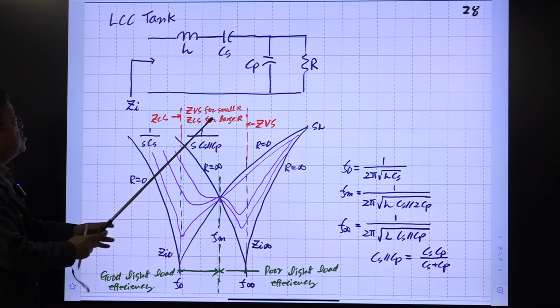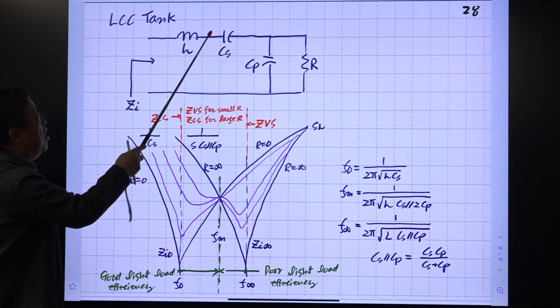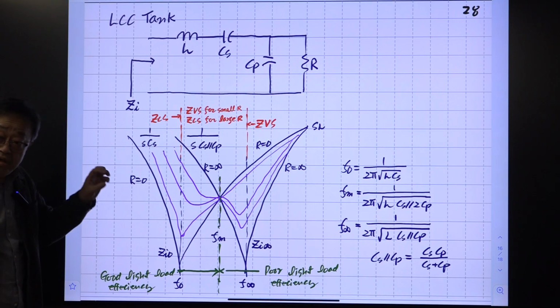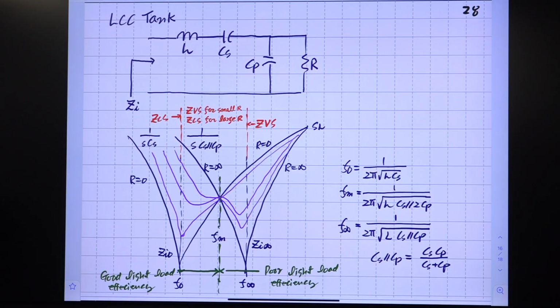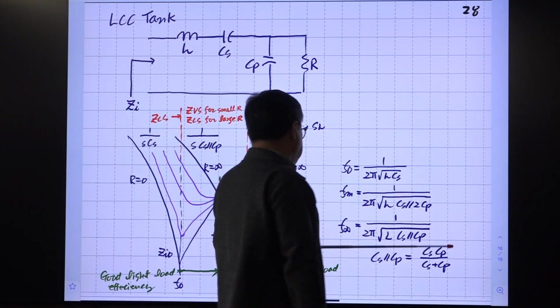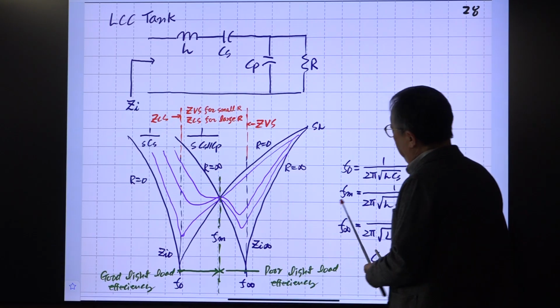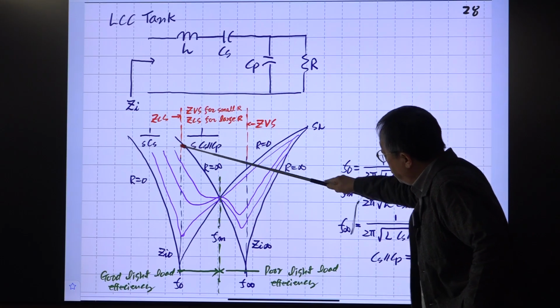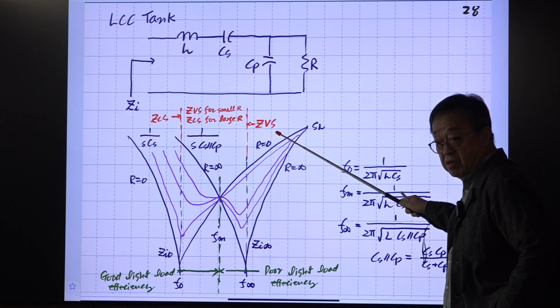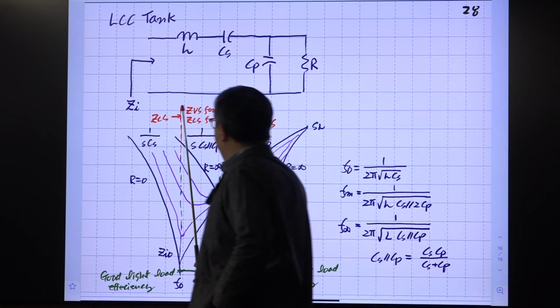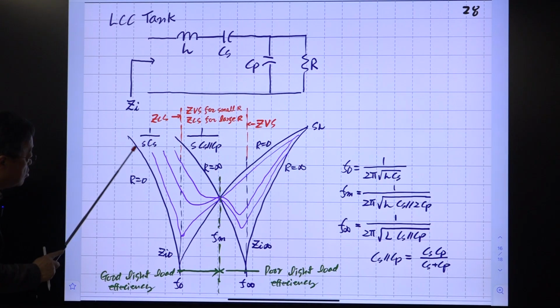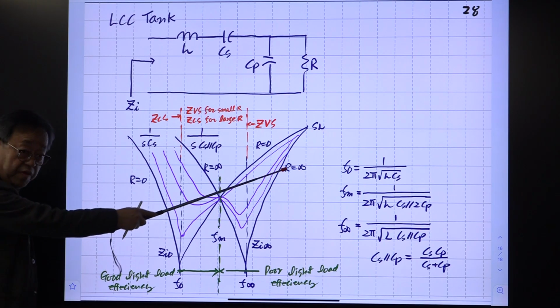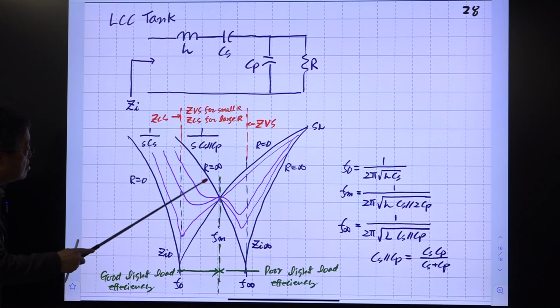When this becomes infinity, we have a series connection of capacitors. Then the composite capacitor is smaller than the smaller one of them. So you have a small combination of this, and the denominator becomes large. Then you have another resonance at high frequency here. So when R is 0, that curve G_I 0 is this one, and G_I infinity is this one.